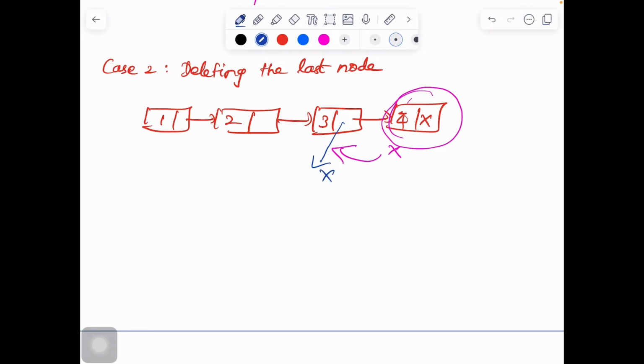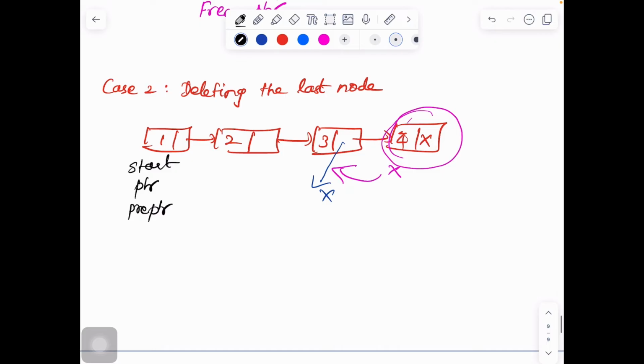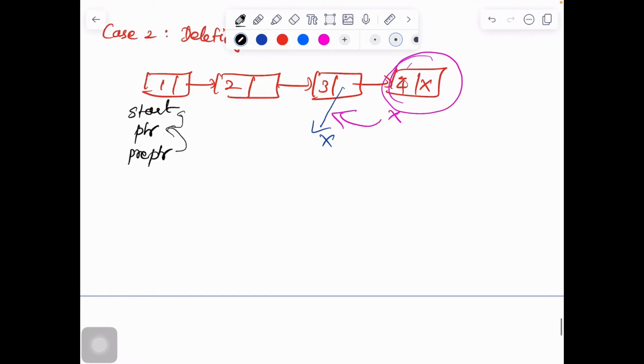Now can we start writing down the pseudocode? First I have to traverse until I find the last node of the linked list, right? So how do I traverse? Here, what are the variables that we require? We'll require the variable start and then ptr, and as I want the previous node to point to null, I'll use a variable pre-ptr too. What is meant by pre-ptr? The pre-ptr will point to the node which the ptr was previously pointing to. And we'll make the ptr point to the start. Now let us write down step 1.